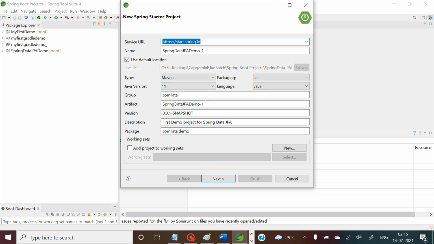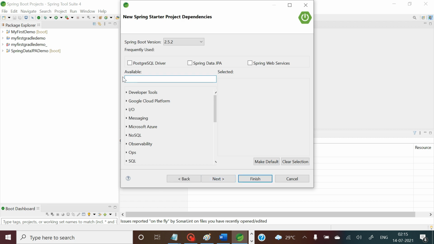I'm going to give it a name like Spring Logger Demo, and this is the description: Spring Boot application with logger.